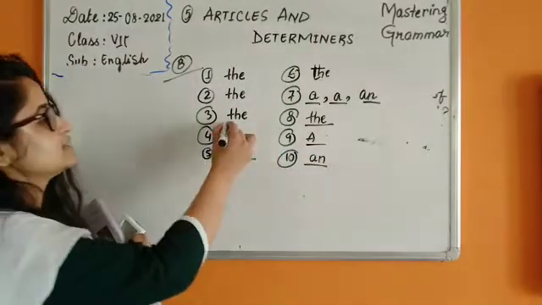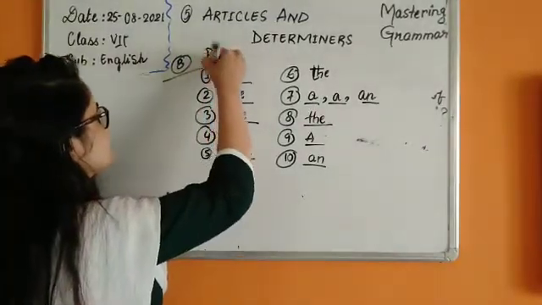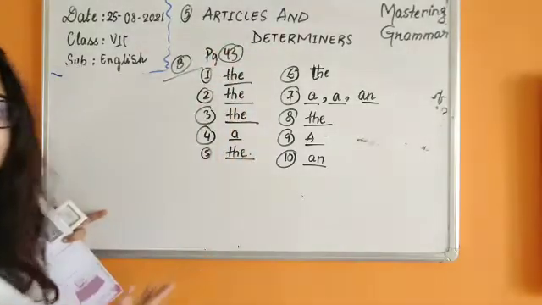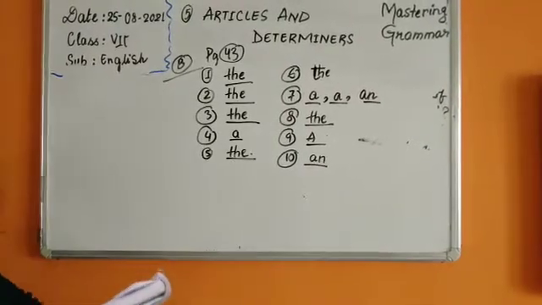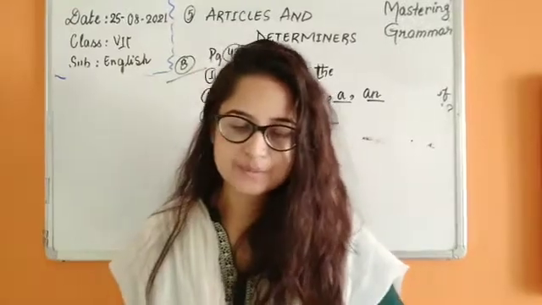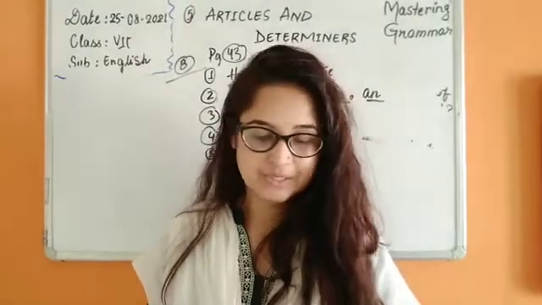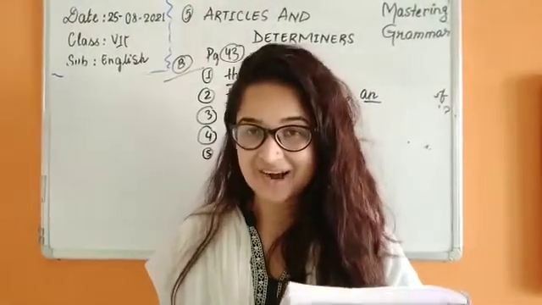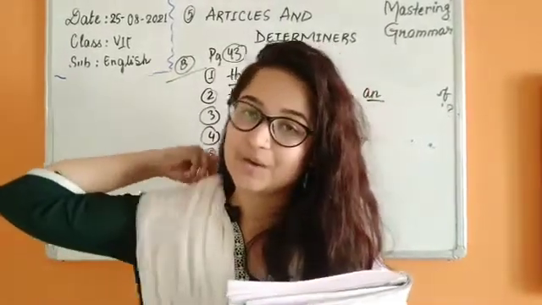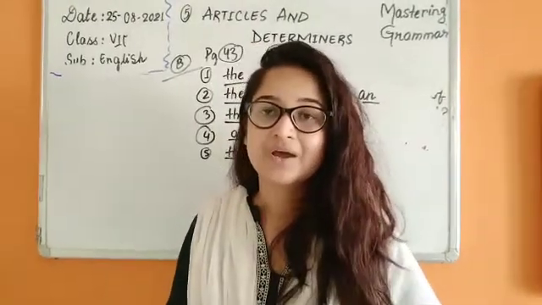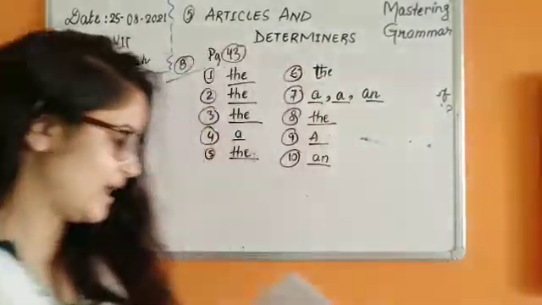So children, with this we are done with exercise B, that is on page number 43. Yes, we are done with this. Now moving to the next one. Fill in the blanks with the wherever necessary, and wherever it is not required, put X. Okay, so all blanks won't be taking the articles. You have to be very careful where you are going to use the article and where you are just going to cross it, because you think that there we don't need any article before that. Now, let's begin. Now we have exercise C.